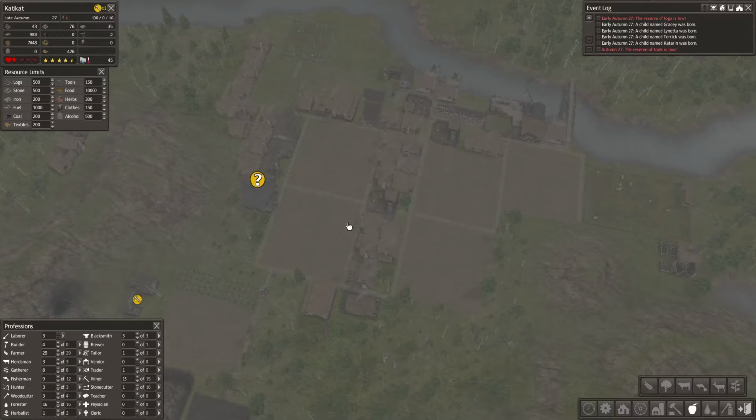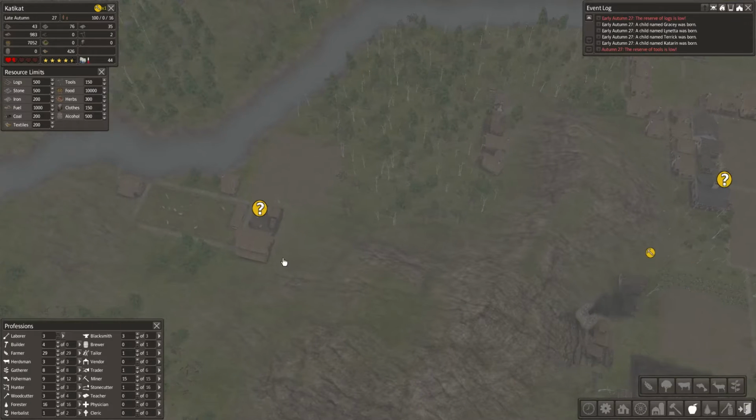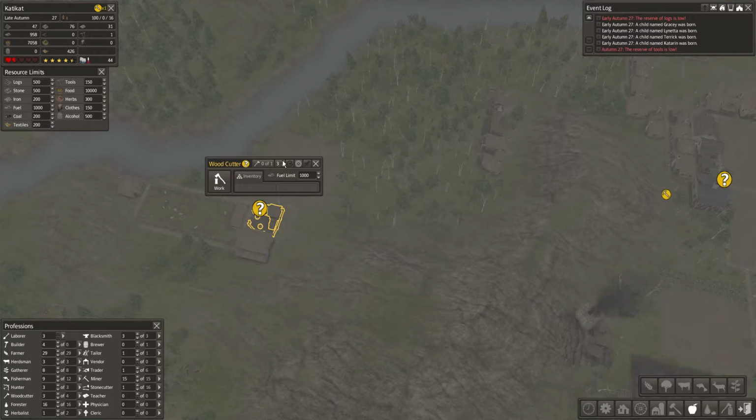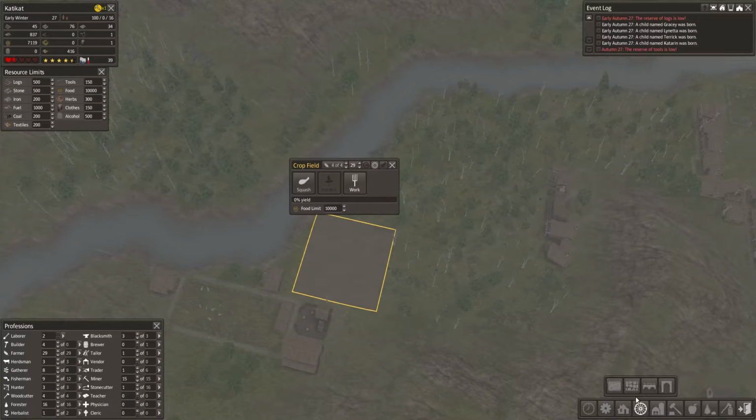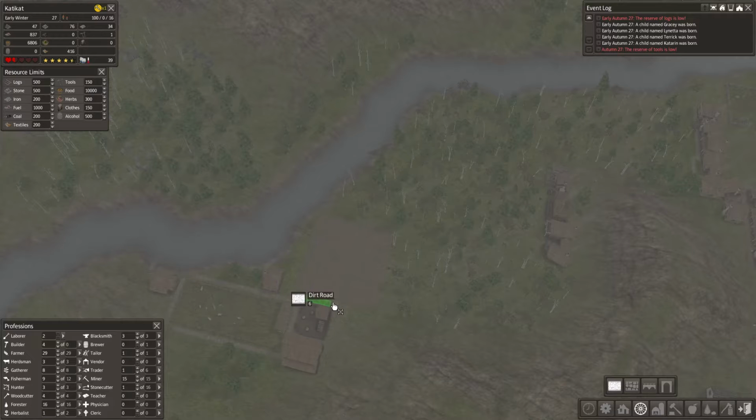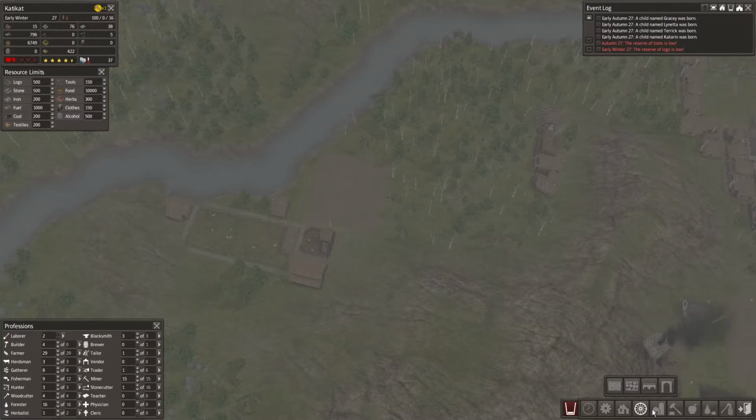Okay, so that's taken care of. We're going to have another group of beautiful farmers over here. We will also go ahead and throw a stockpile. I'm thinking about doing the stockpile because I want to do another road right here. We'll do a road right there, and then I want the stockpile to